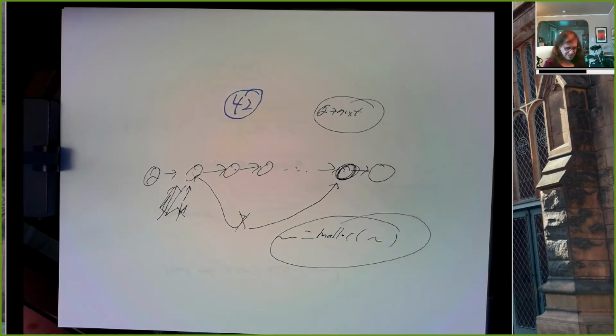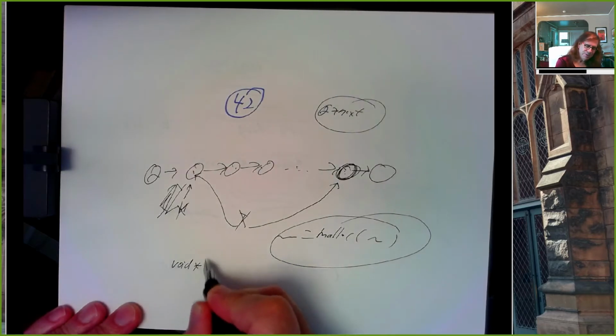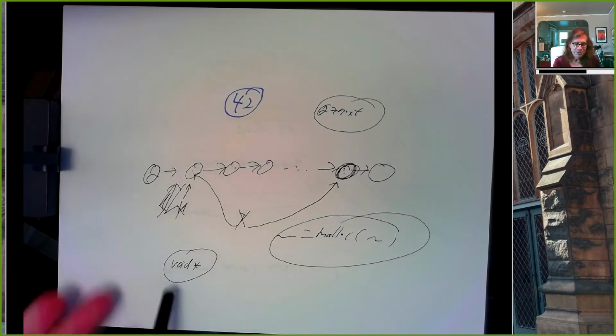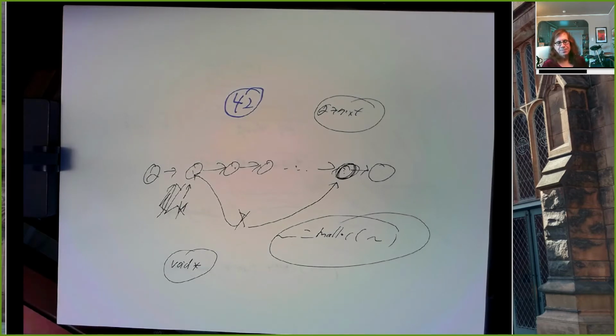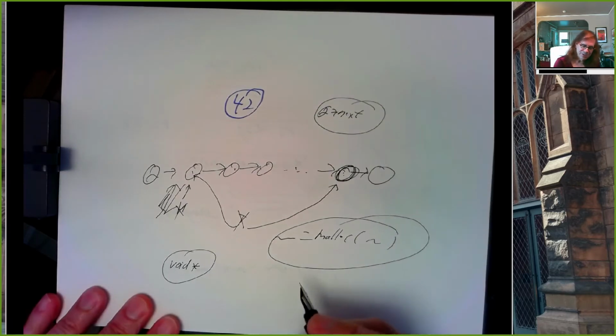And malloc is declared, I believe, to be a pointer to void. Not a pointer to a void, but a pointer to type void. And I think the compiler takes that as saying, hey, as long as you assign it to a pointer, I'm happy. But sometimes you'll see